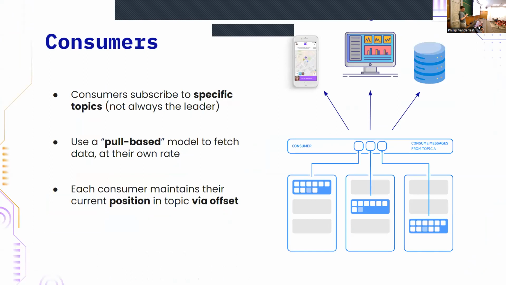So they always go to a specific topic, like we just said, and it's a poll-based model. So they go at their own rates, right? They don't have to match a certain rate. They don't have to tell someone what they're doing. They're completely separate from one another. So they're just pulling in information at their own rate individually. And they also maintain their current position in a topic. So we'll see afterwards, you can have multiple people read the same topic, right? That's the idea of Kafka in general, that multiple people can read the same data. Okay? So they're going to maintain their offset in the